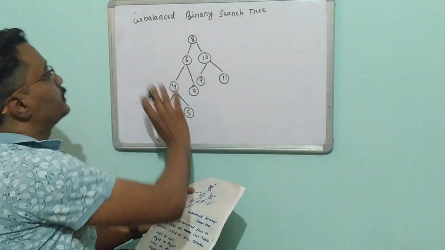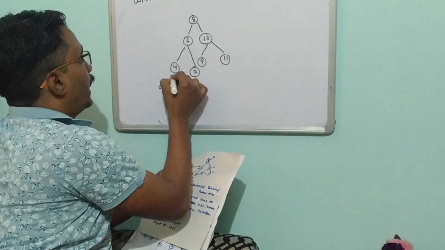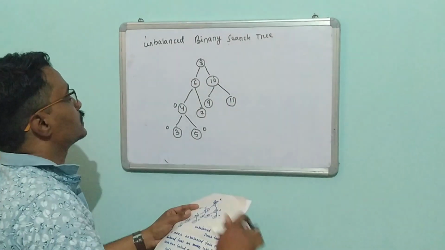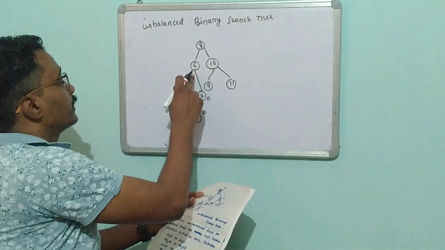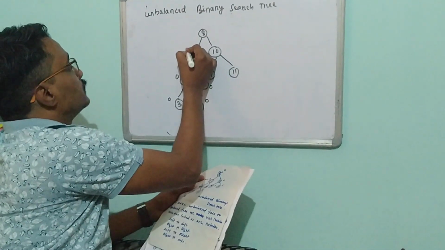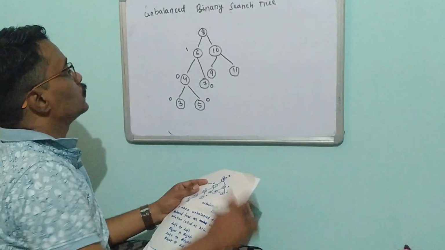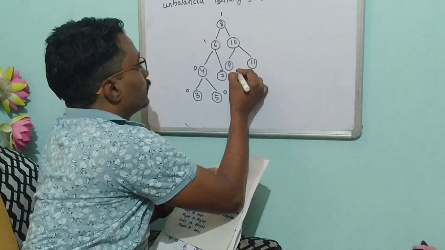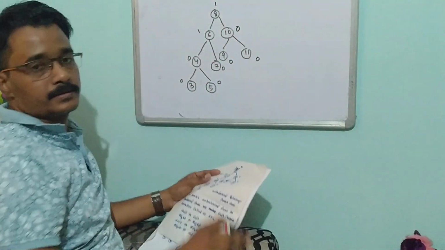First we will discuss whether this is a balanced tree or not. Obviously this is 0. This is 0, and 4 has 1 and 1, so 1 minus 1 is 0, and 7 is a leaf node, so it is 0. Obviously 6 has a left subtree height of 2 and a right subtree of 1, so 2 minus 1 is 1. And 8 has a left height of 3 and right of 2, so 3 minus 2 is 1. Leaf nodes are 0, so 1 minus 1, and 10 has 0.